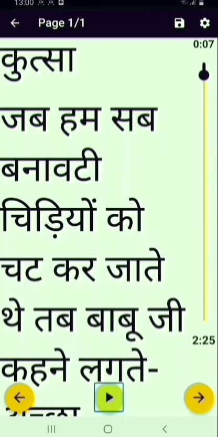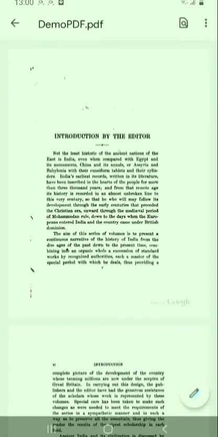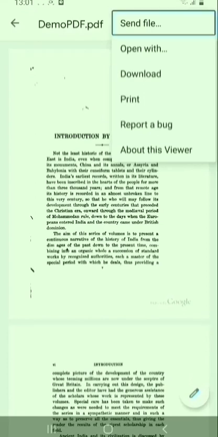Next I will show you how to share a file to InstaReader. Now I have a PDF file available in a PDF viewer, or if you have some files in WhatsApp. Now let's see how to share that file to InstaReader. Here there will be a send file option. Navigate to the more option, send file. If I click on that,